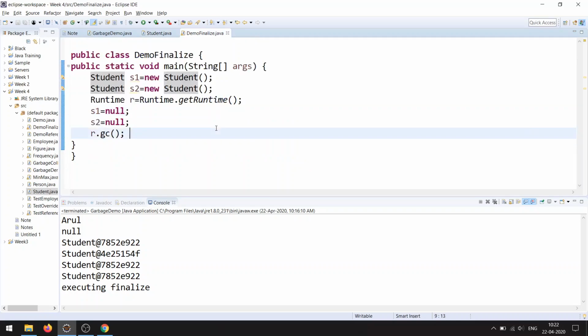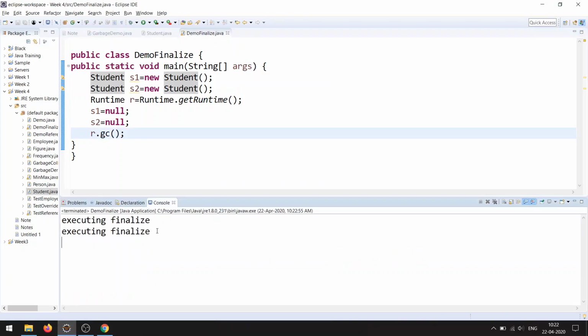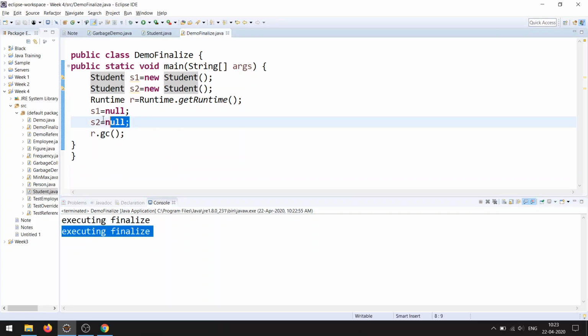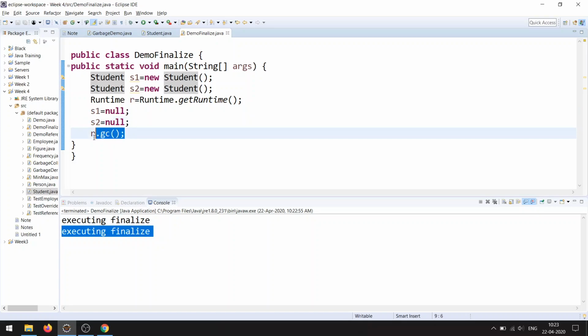Now I'm going to rerun the code, and we will see the output. Here if you look, the finalize method is executed once, and here the finalize method is executed again. Why? Because we have two objects, and both objects are eligible for garbage collection. The garbage collector will start deleting object S1.